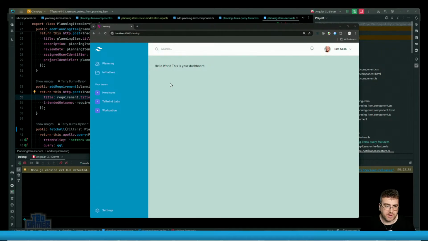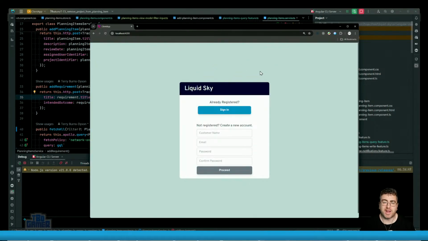So we're going to have to sign up. Oh no, that's bad. The token's still valid, so it logged me in, but I can't be logged in because I don't have a user in the back end. Okay, so we're going to register a user, and this is going to be the